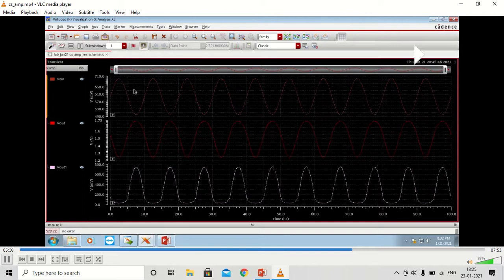The peak to peak for our input waveform is 200 millivolt; 100 was the amplitude we had given, so the peak to peak is twice that. In this case, the peak to peak is more than 400 millivolt, from 1.2 to 1.78, and for the other one the peak to peak is close to 800 millivolt, from 0 to 800. So it shows that there is an amplification, and there is a phase shift as well. You can see from the input and the output waveform that there is a phase difference, as we showed in our AC analysis.